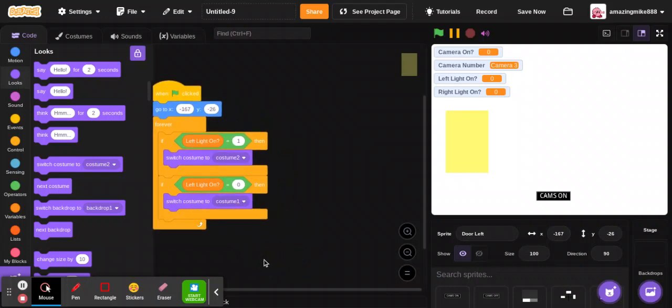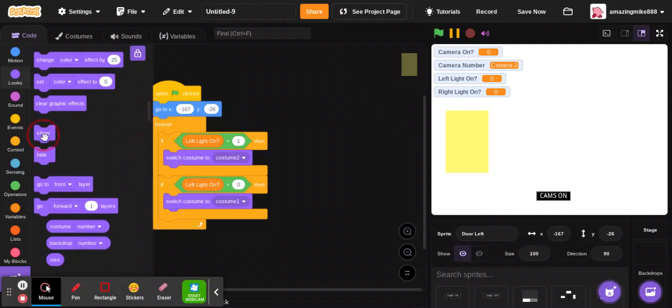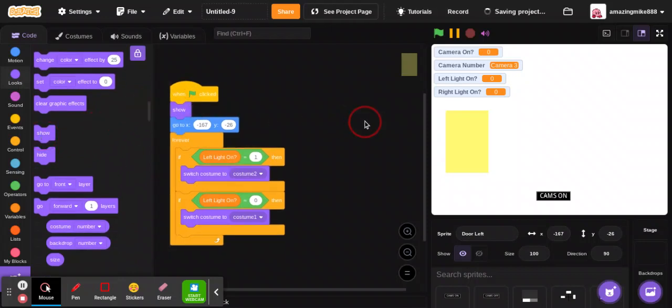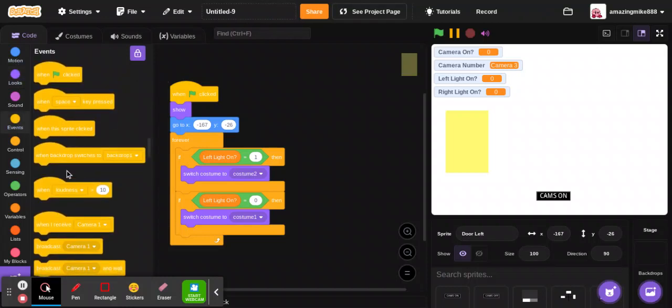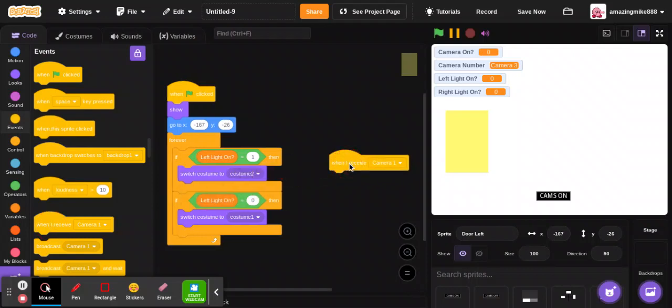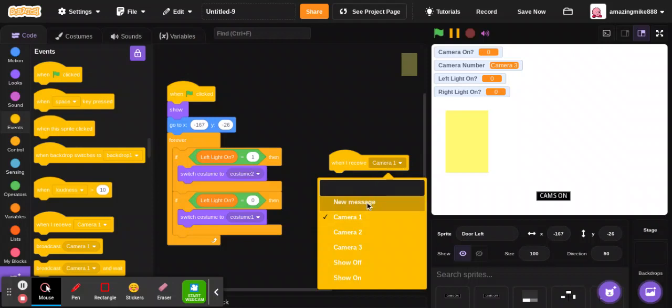And then, of course, above the green flag clicked, we'll put a show block in. And then when we receive door,